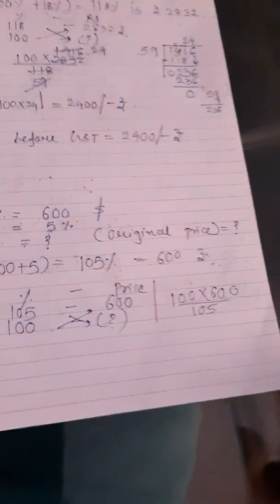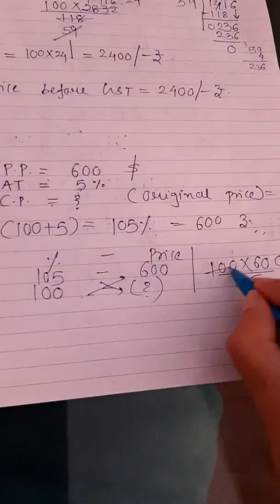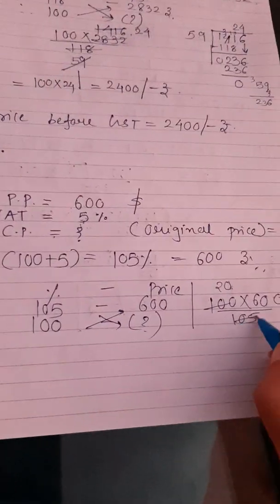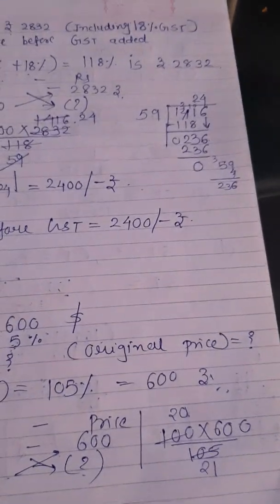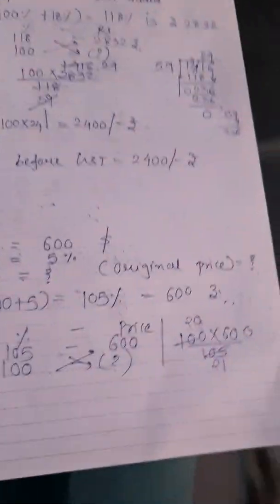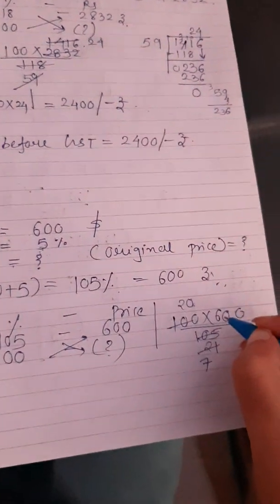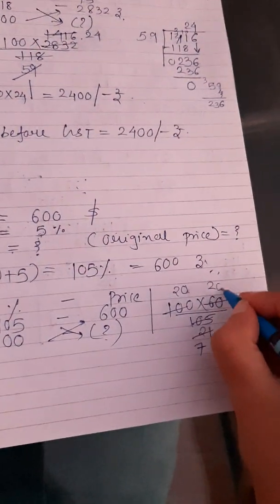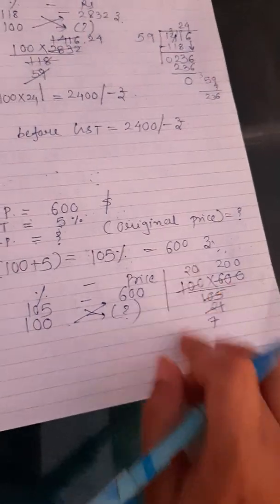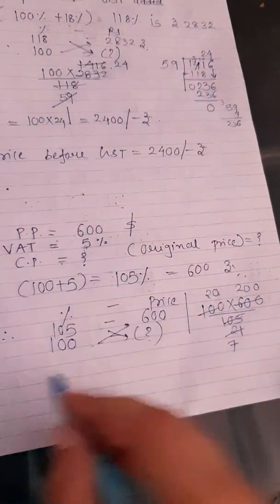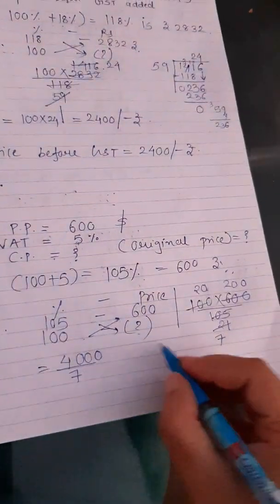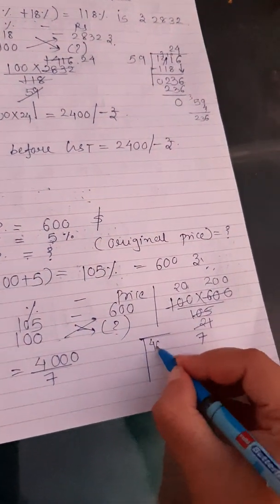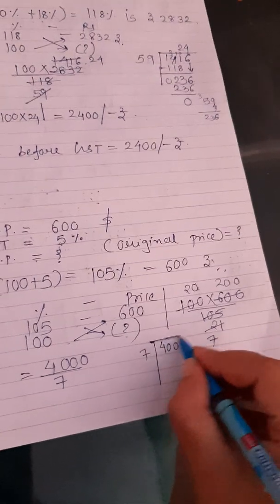So what I'll do here is, I'll try to divide. 20 fives are, 21 fives are 105. And I'll try to divide with 3, because 3 sevens are, and this is 3 twos are. So I cannot further divide. I can see 2 twos are 4000 upon 7. So not perfectly divisible. Fine. Let's get the answer till 1 decimal.